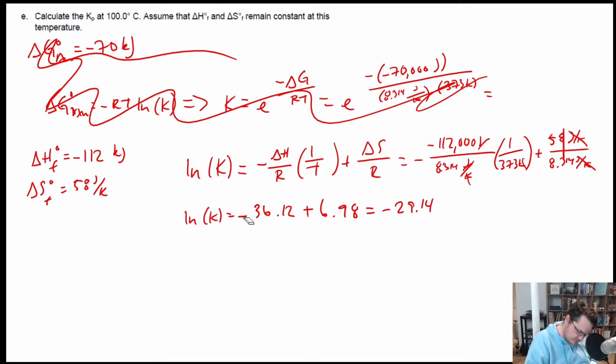Oh wait, no. There's still a negative right in front of that. So this should be 36.12 plus 6.98. It's 43.1 in that case. And so then you just simply do K is equal to e to the power of 43.1. And so that should come out to